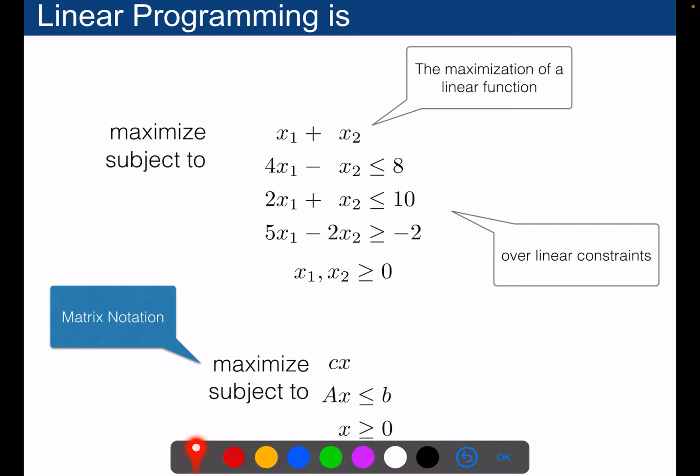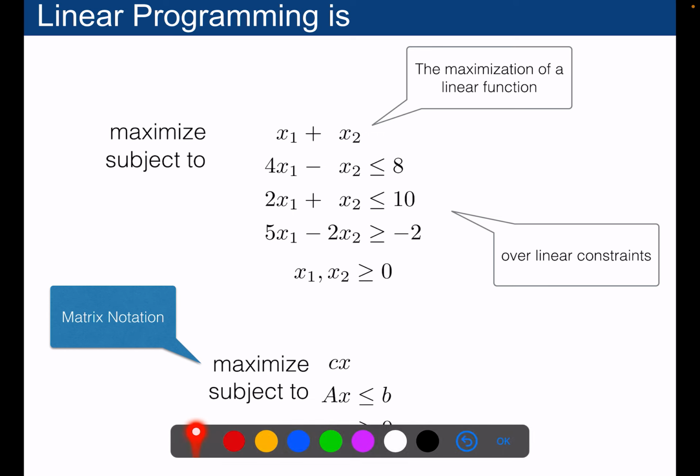So we would like here to maximize this problem with two variables, x1, x2, and we have three different linear constraints. As you can see, everything is linear in the sense that we do not have products between x1 and x2. For instance, this would not be linear, right? Because there is a multiplication between the two variables. So this would not be linear. So we only have linear constraints here, and the objective function is also linear. You can maximize or you can minimize.